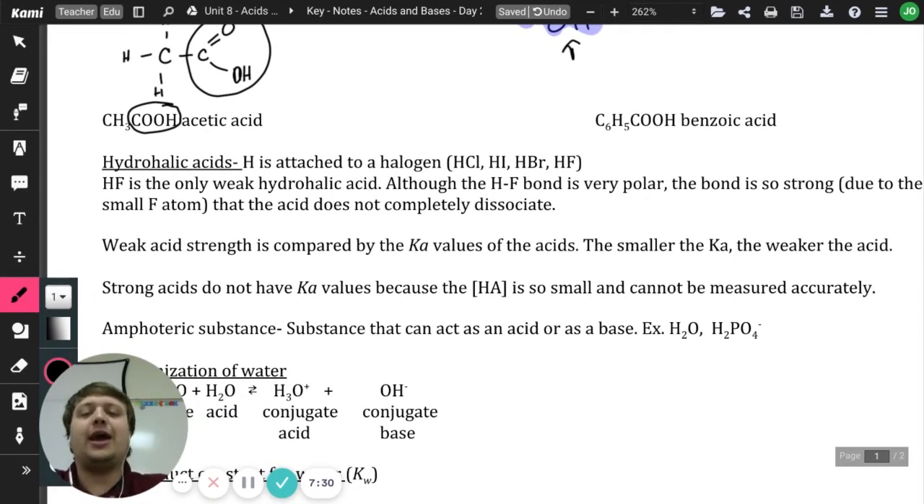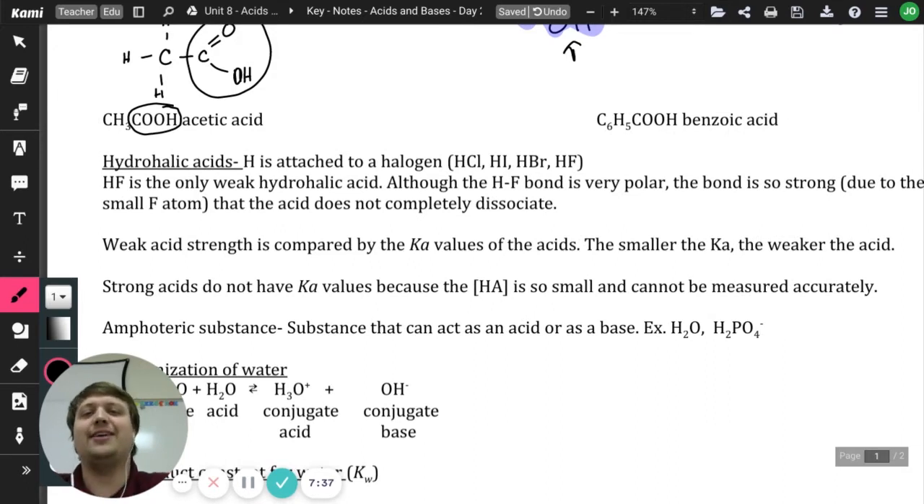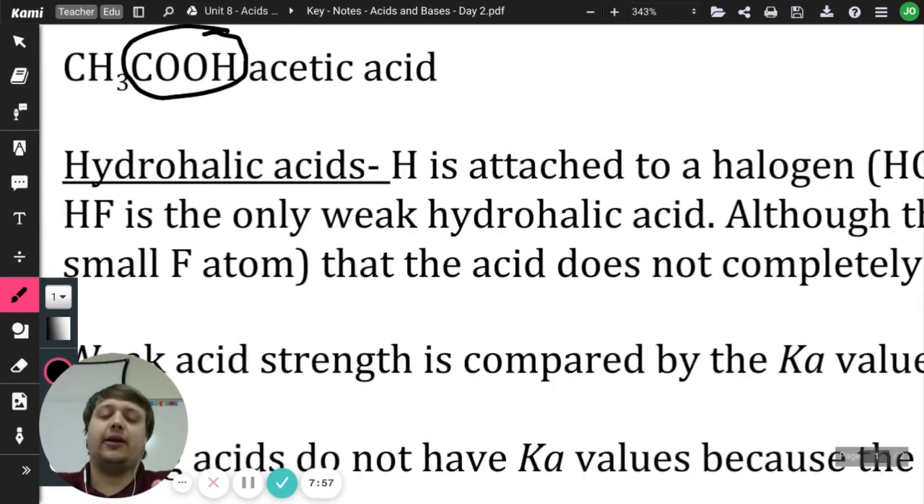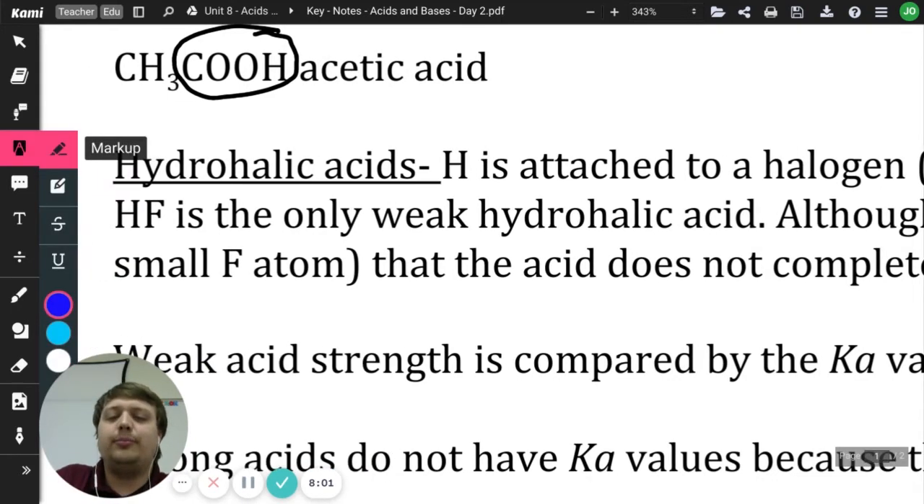So now let's look at what we call a hydrohalic acid. A hydrohalic acid is going to be anytime we've got that hydrogen attached to a halogen. So if I'm talking about fluorine, chlorine, bromine, iodine, those are all going to be halogens, right? And so they would all be classified as hydrohalic acids. Now, there is one hydrohalic acid that is classified as a weak acid, and that is actually going to be